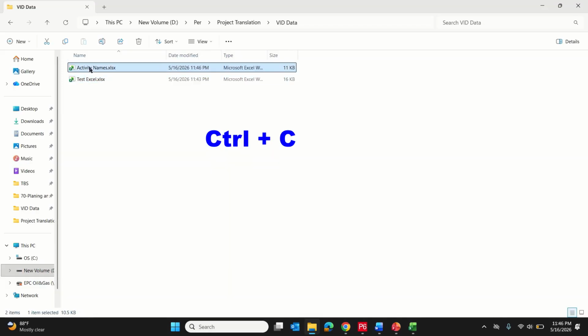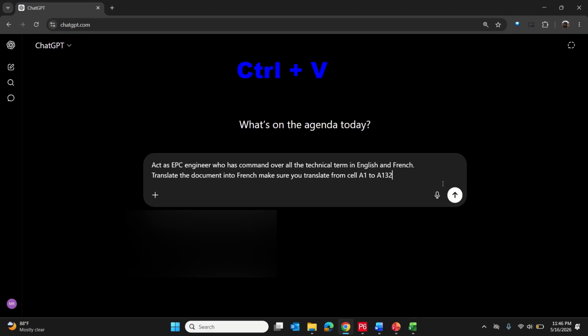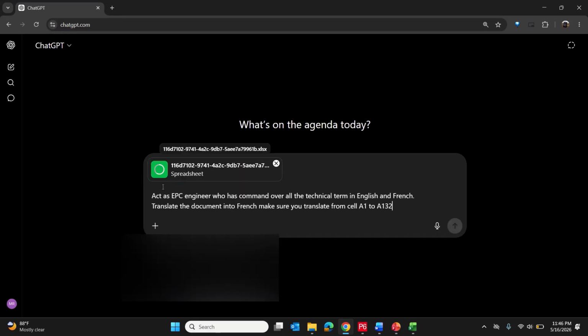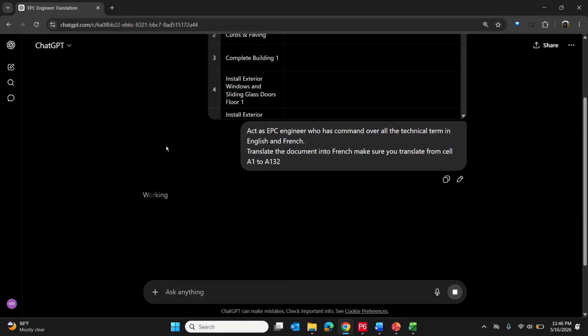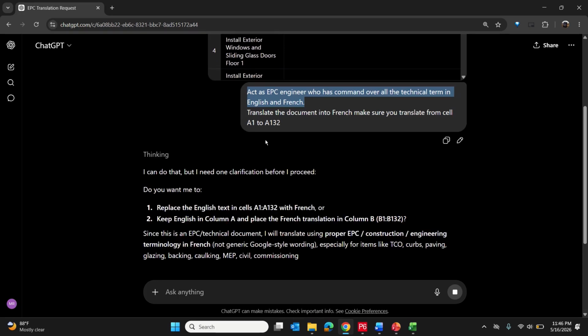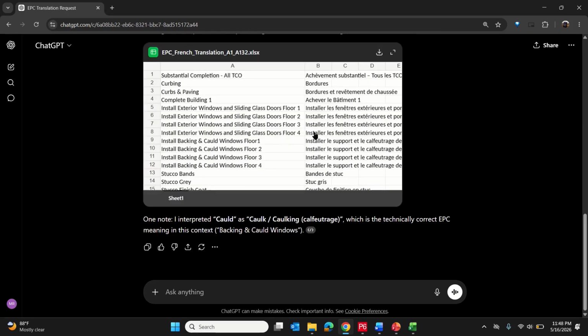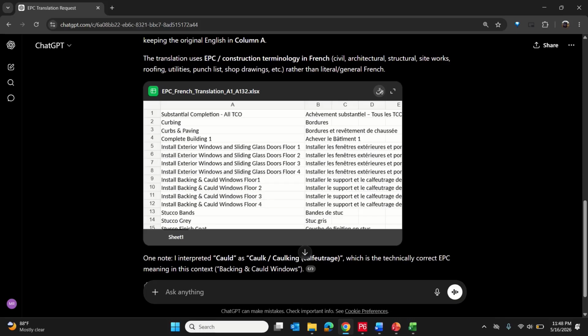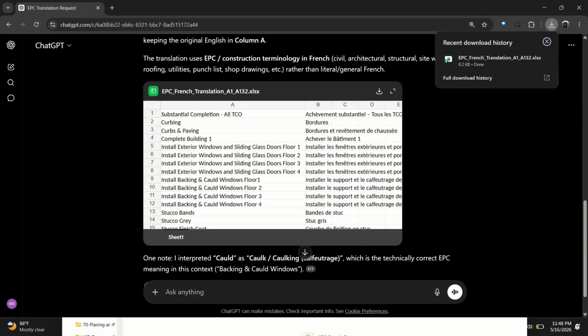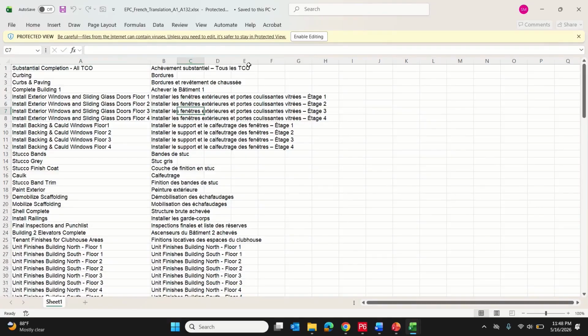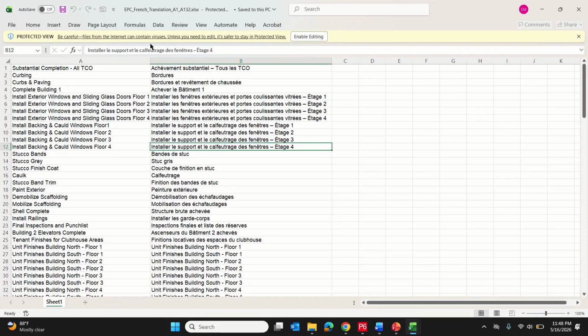Close it and let's give it that file. Now personally, I've seen that this translation using AI is more effective as it will be using this LLM model for translating. So here it is, our file is ready. Here are the translated names of the activities.